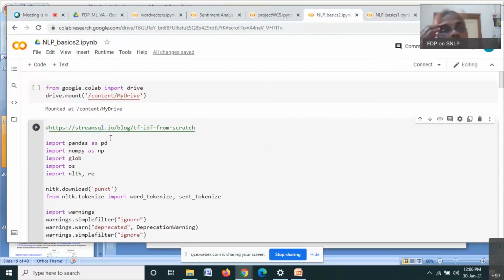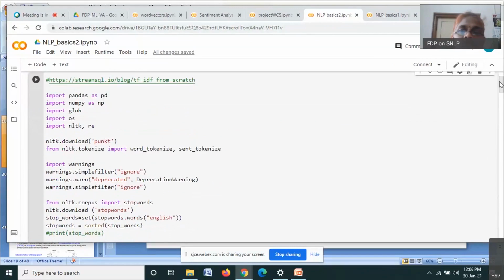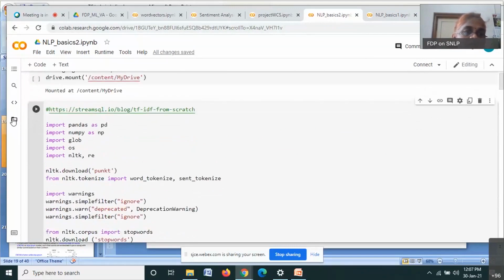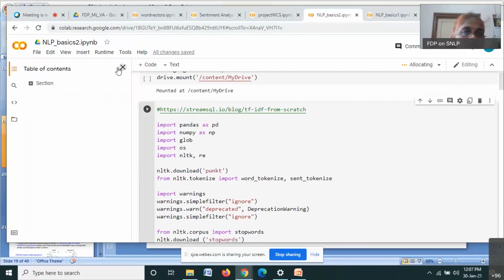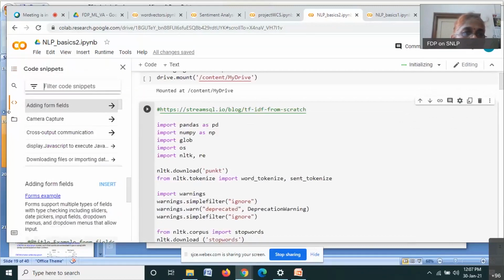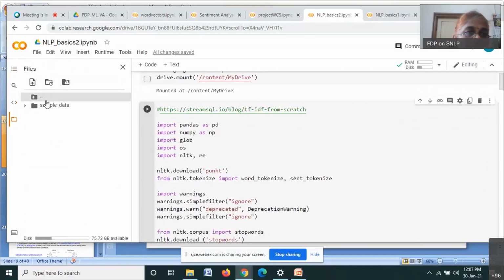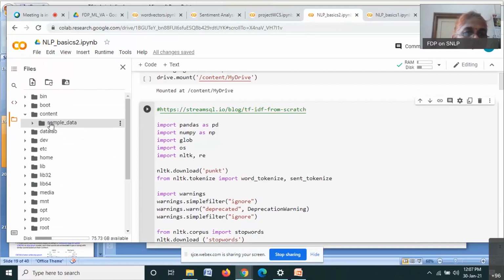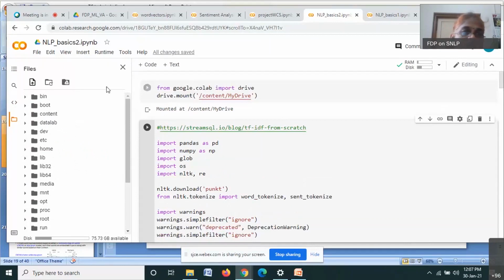One thing that you have to note whenever you are using Colab is, let us say in some cases you have to read data files. In that case, how to read and where to mount these files. So the data files now will be stored here. You can see that it will be stored in your drive, and you can access your drive. So here it's not mounted, so you have to mount your drive. To mount your drive, you can click on this symbol. You can see this symbol.